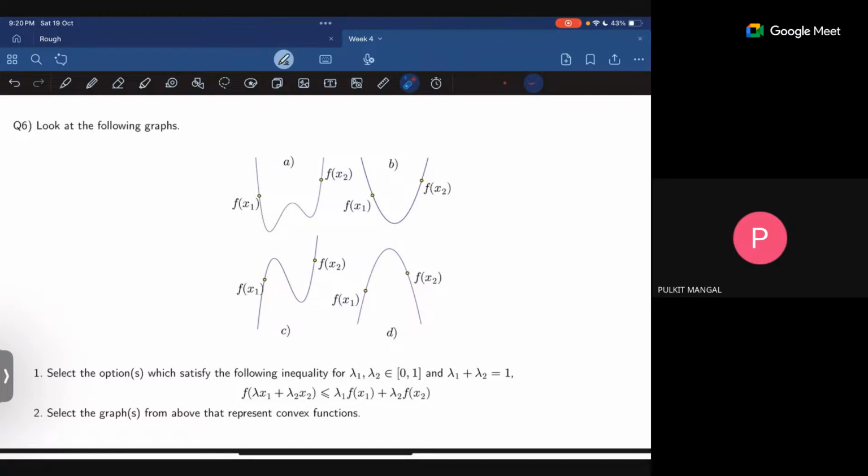Just one more thing. You only need to check at the points x1 and x2. Okay, that is these 2 points. Only at this point, which of the following functions satisfy? A also satisfies, but only at this point, because it is just asking only about the points x1 and x2. So if you draw the line,